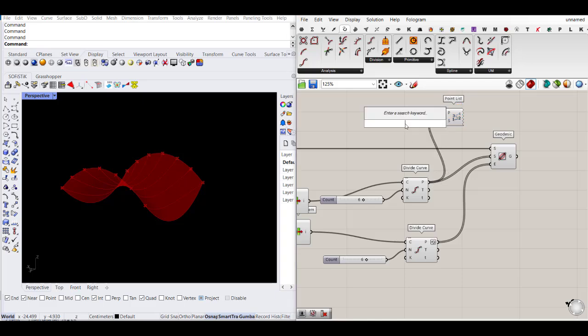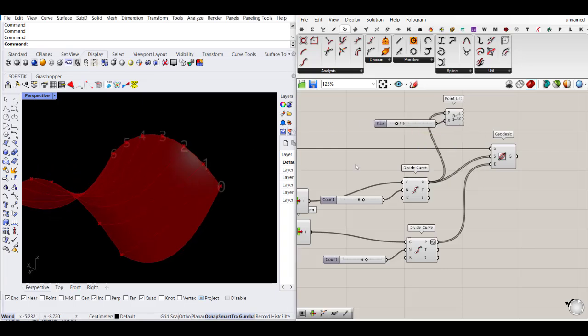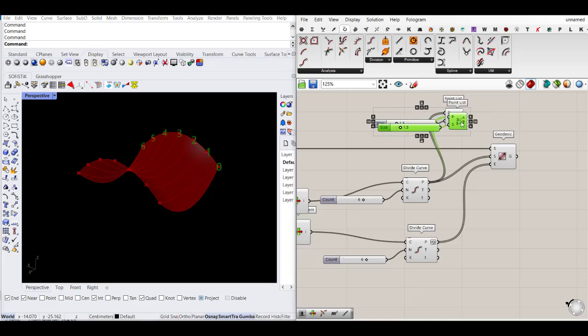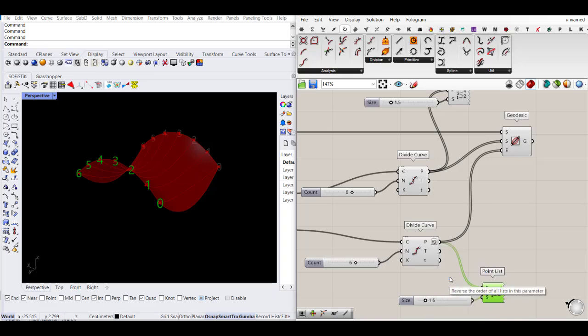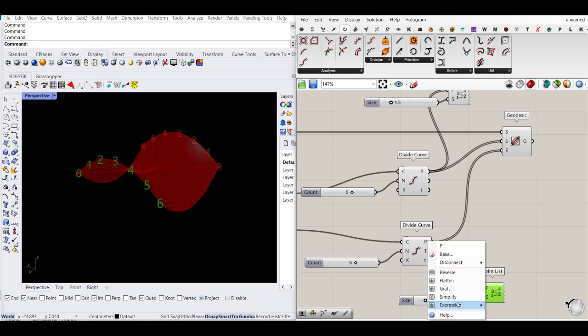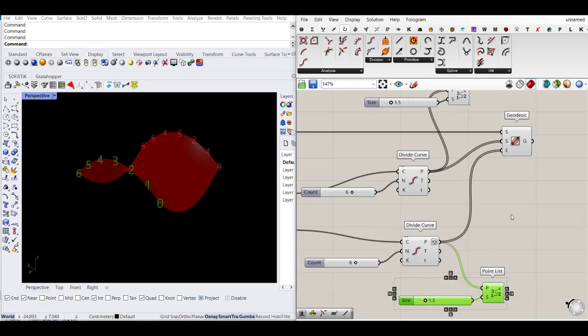Just to show you another time, you can just also write point list to just see the indexes of these points. And I will change the size just to see it more clear. So you can see that this is 0, 1, 2, 3, 4, 5, 6, and we have it also here, that now it's arranged in a right way. So if we again remove this reverse, you can see that the list starts from here, from 0 to 6. Okay,